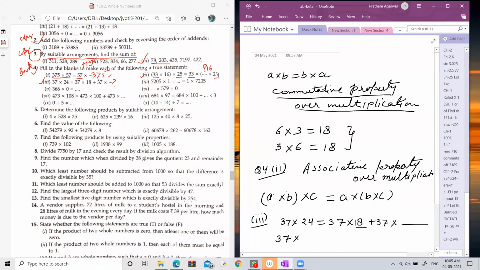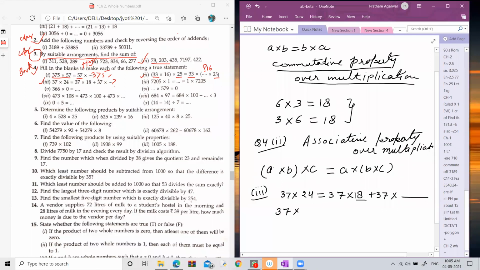Anmol, the spelling of commutative is wrong. It's COMMUTATIVE. Okay? Commutative. Please, whenever we take dictation, you have to learn the spellings. You have to learn the spelling of whatever words we give in the dictation. It's commutative. But this property is not commutative.